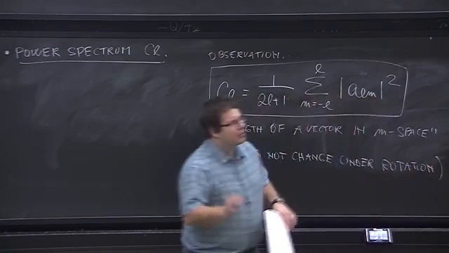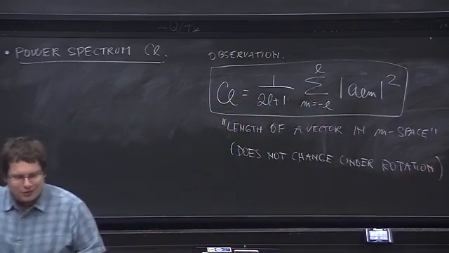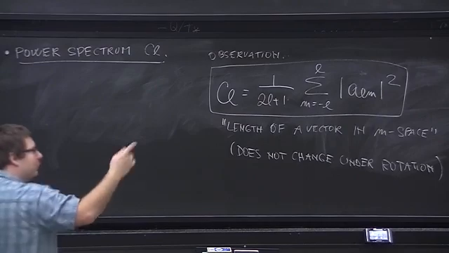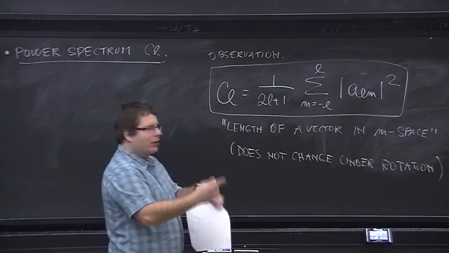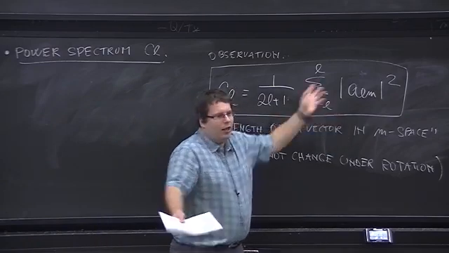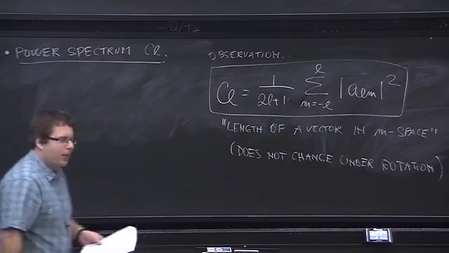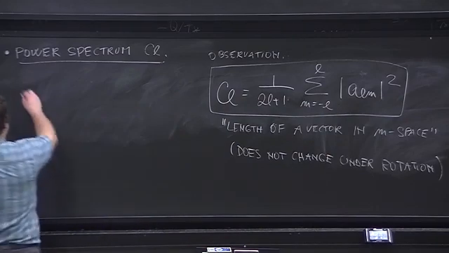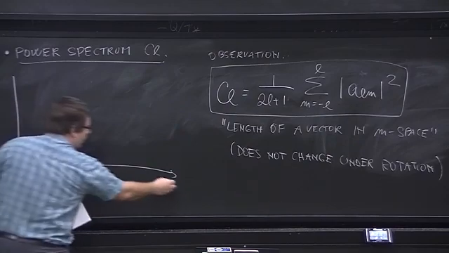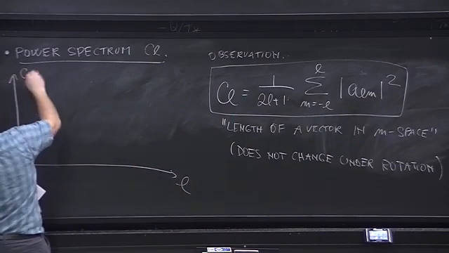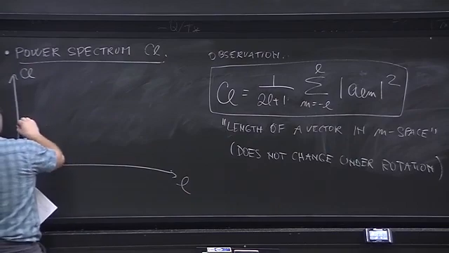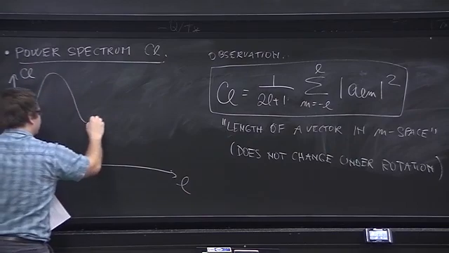So basically, the M measures like angular momentum in the z direction or whatever. So you are preferring the z direction. If you want something which is invariant on how you choose your axis, then you rather talk about the length of the vector in this M space, and this is the quantity you consider. And so if you plot this guy, so L is here, and then CL is here, and you get this beautiful picture.